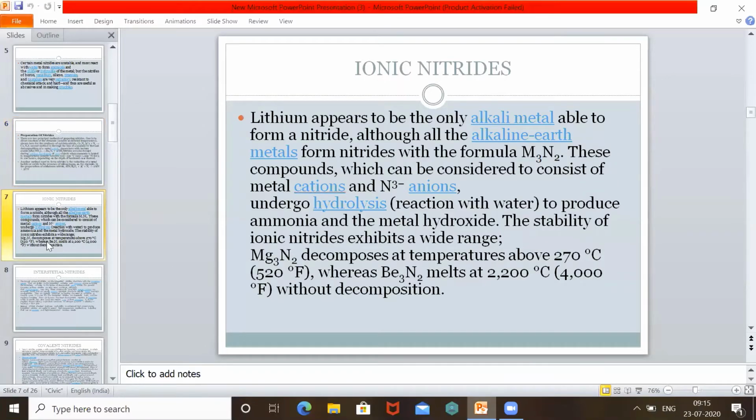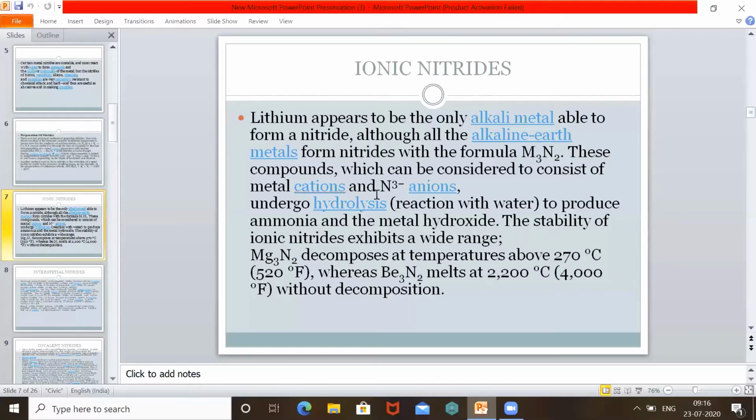Types of nitrides: we have three types, ionic nitrides, covalent nitrides and interstitial nitrides. Among ionic nitrides, lithium is the only element which forms an ionic nitride, because it is the first alkali metal. It forms nitrides with the formula M3N. These compounds can be considered to consist of cations and anion. The anion is nitrogen, N3 minus, the cation is the metal. So for lithium, the formula should be